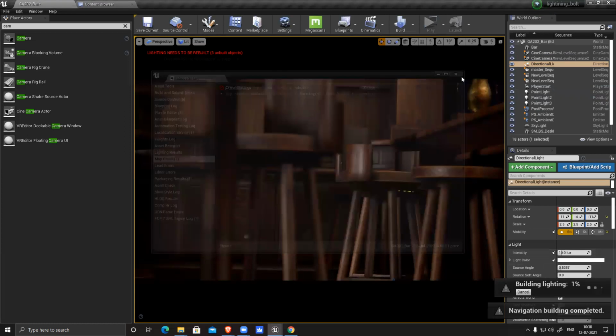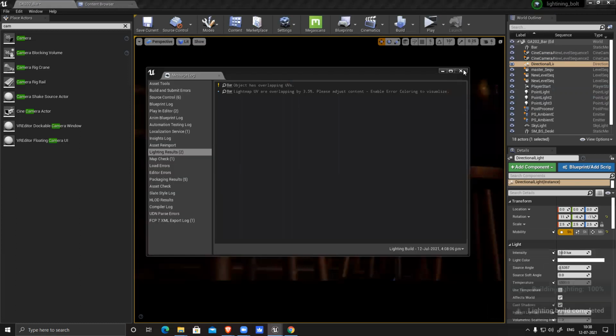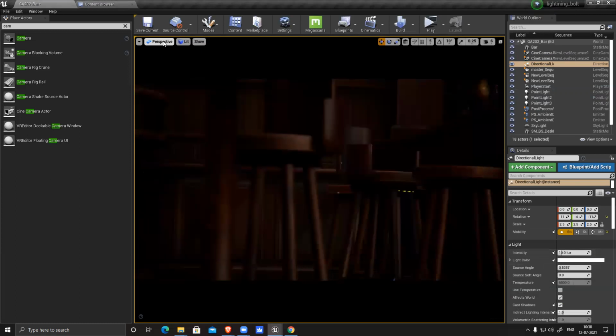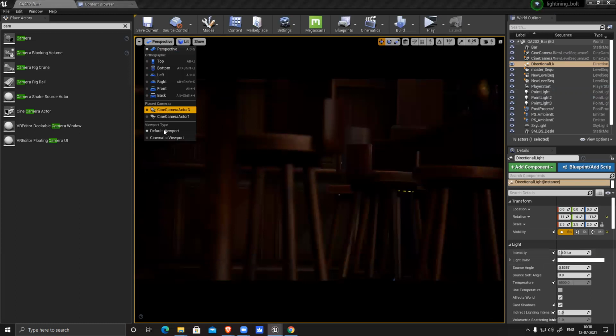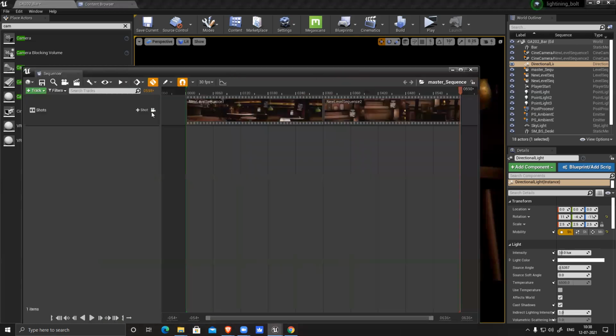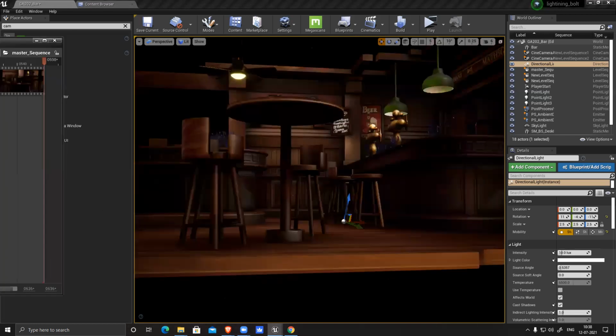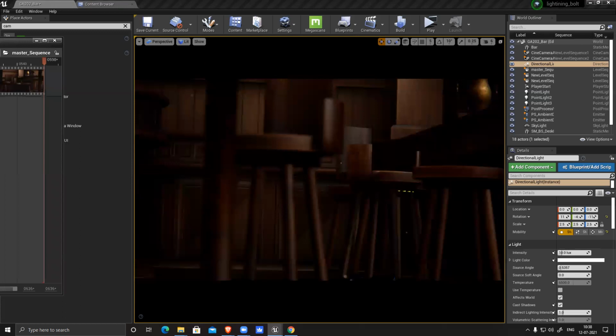Light building and finalizing the final light and everything takes a little time. Done. Click this and I can see everything here. Click on the camera again and play.